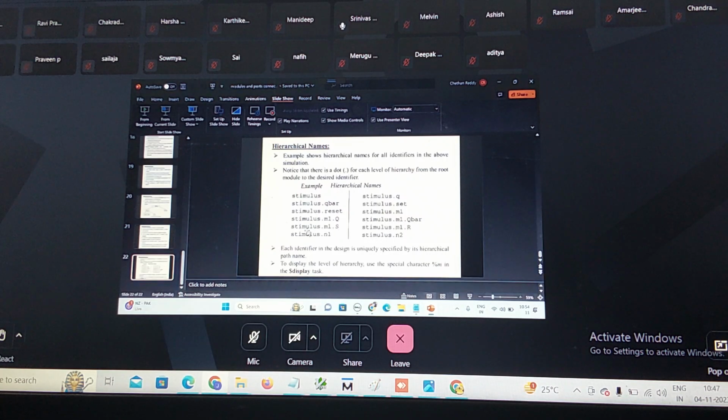I input my test bench module name, stimulus. Then dot, followed by M1, the design module instance name. Dot S means it is an identifier of module M1. Did you understand? Using dot, you can hierarchically represent the identifiers. The example shows the hierarchical name for all the identifiers in the above simulation. Notice that there is a dot for each level of hierarchical name from the root module